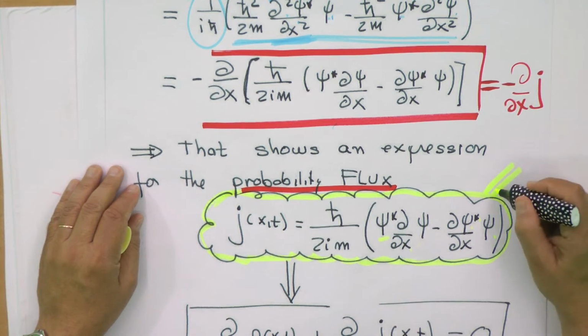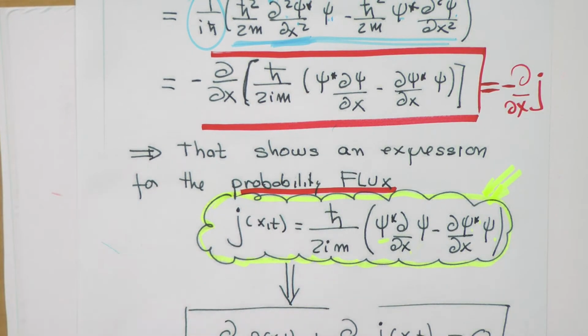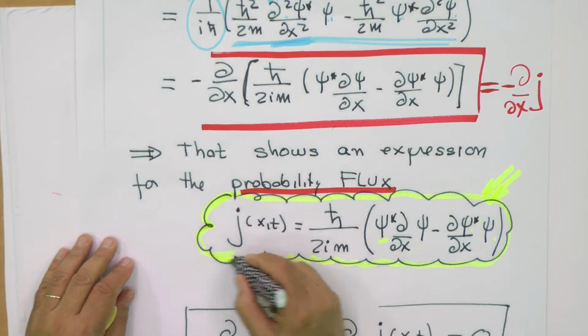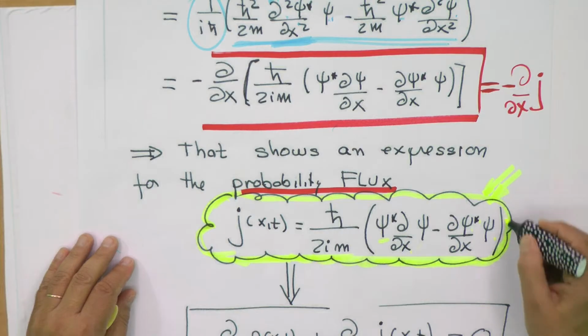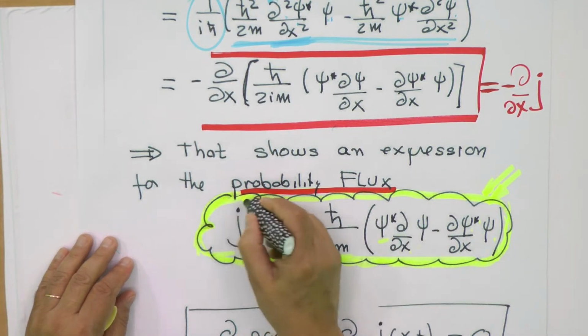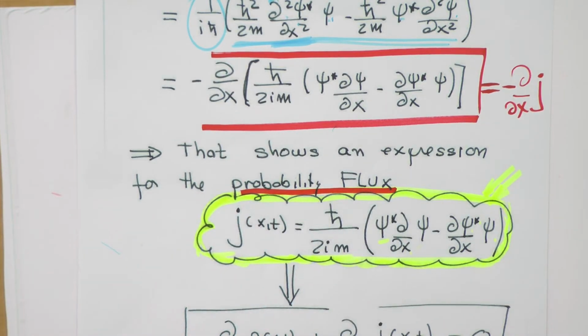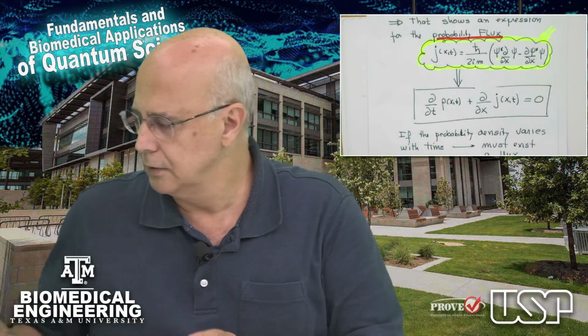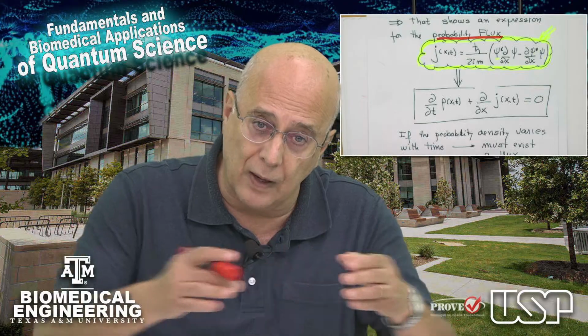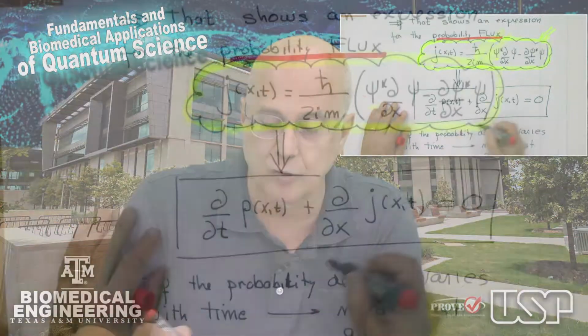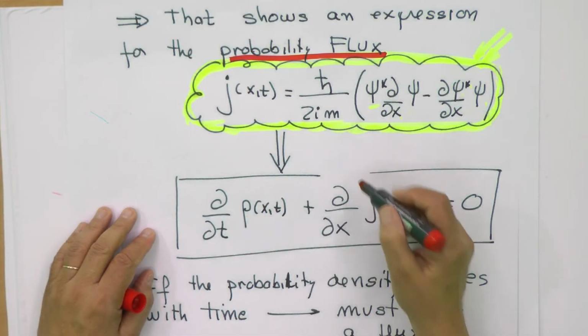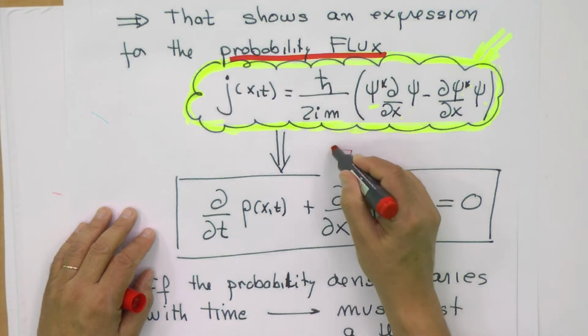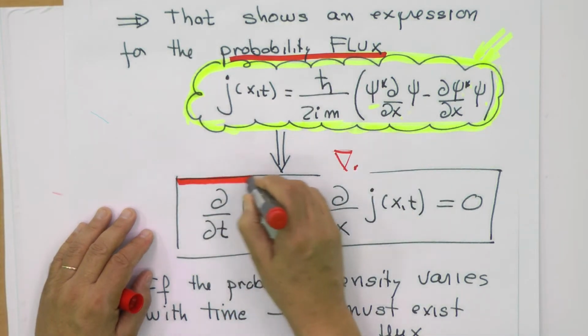This is actually the flux. So if you keep that quantity in mind, which is the flux of probability, because we didn't know it before, we construct that for a 1D system. If it is not 1D, this has to be replaced by divergence, right? But for 1D,